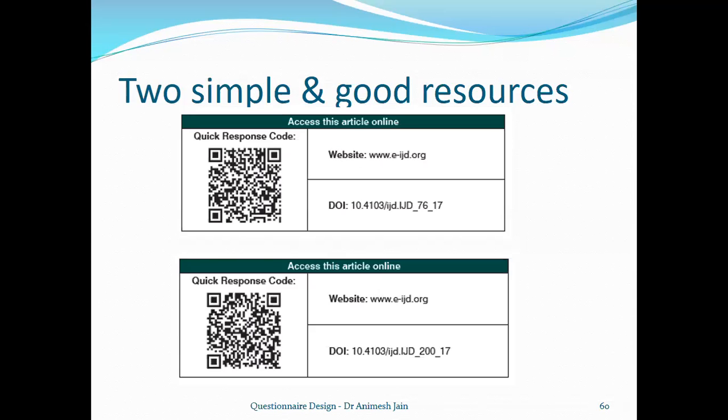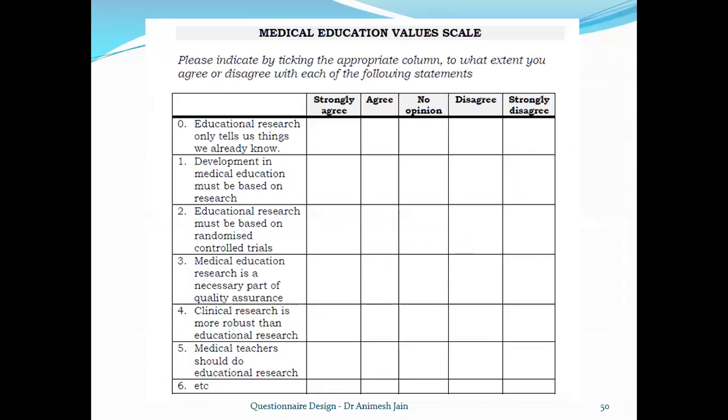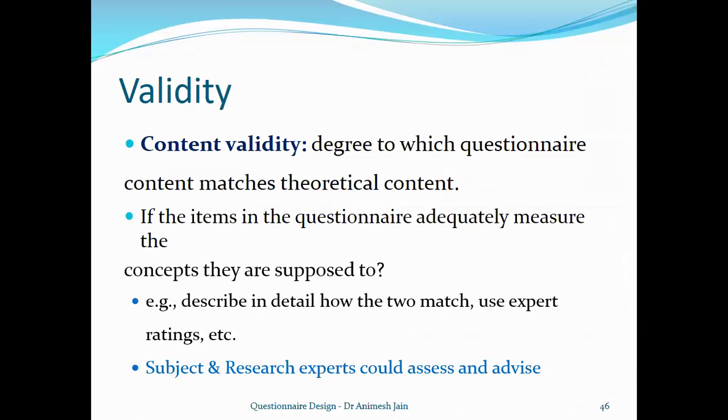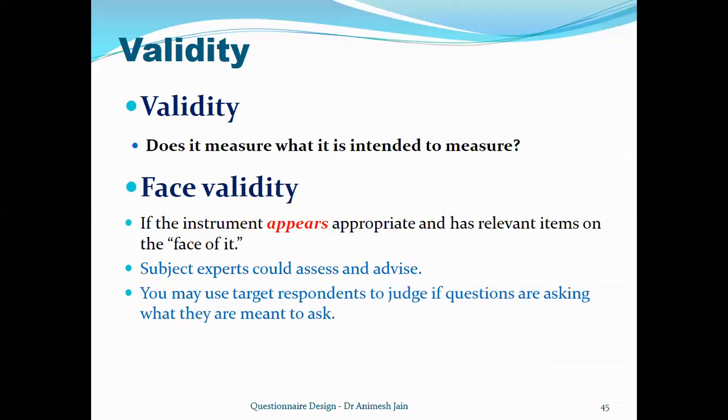When you look at it, you will realize whether that questionnaire is in line with the objectives. So that is the face validity. You can check with the experts. The other thing is the content validity. Again, you can check with the experts and all. And then you can also send it across to experts, and there are ways of doing it. Then you can go into the criterion validity and things like that. Basically, if you see here, I'm just showing you subject and research experts will help you to assess the content validity. And then when it comes to face validity, again, you can even use target respondents.